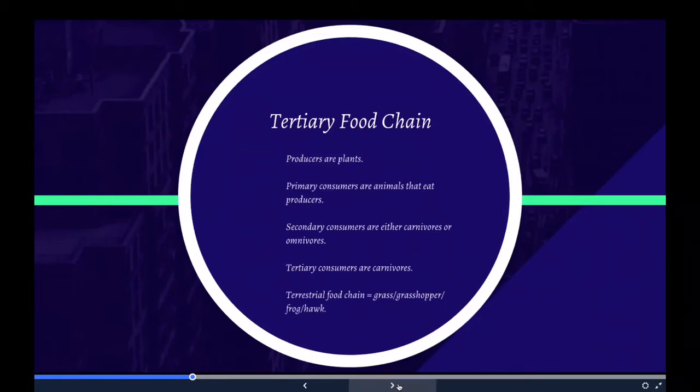The terrestrial food chain goes grass, grasshopper, frog, hawk. This means that grass is the producer, grasshopper is the primary consumer, frog is the secondary consumer, and hawk is the tertiary consumer. A snake eating a rabbit is an example of a secondary consumer. An organism that eats autotrophs, such as a rabbit eating grass, is a primary consumer. A quaternary consumer is the top consumer in the food chain, as we said earlier. An example could be a hawk eating the snake. Primary producers are autotrophs, such as grass.